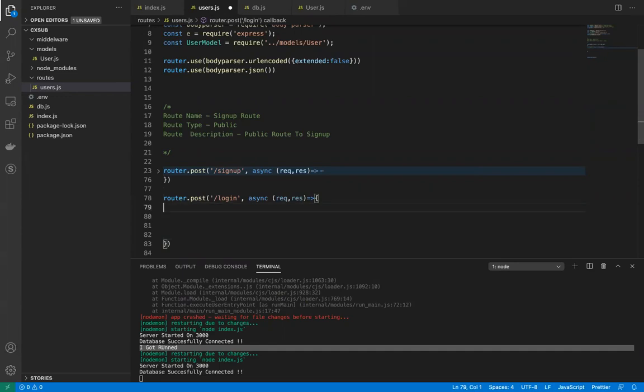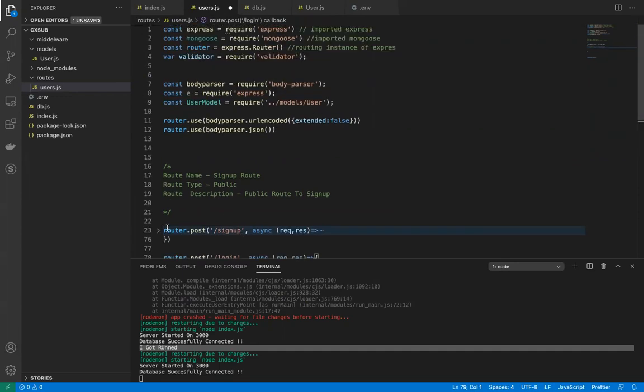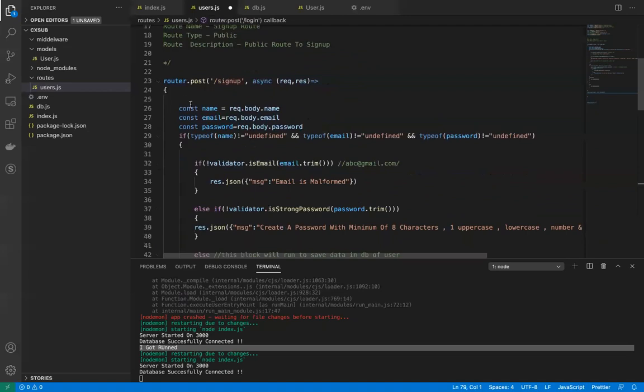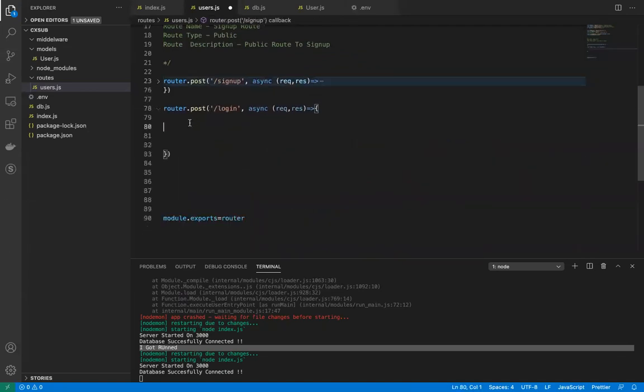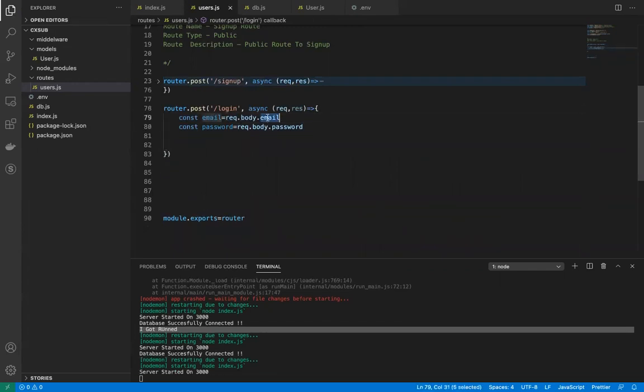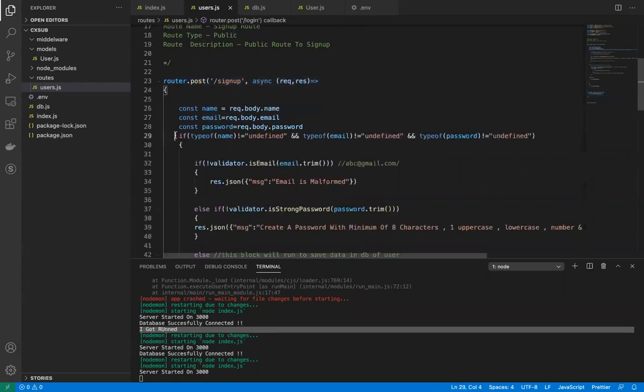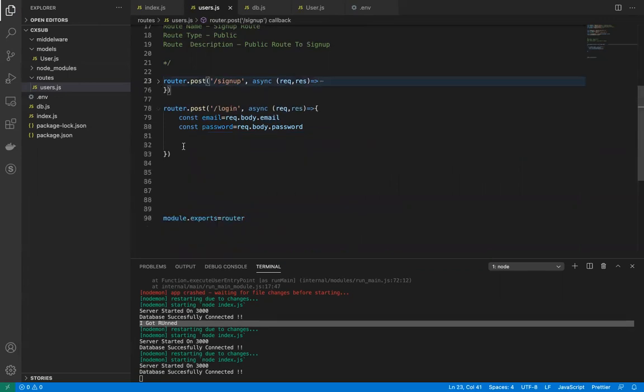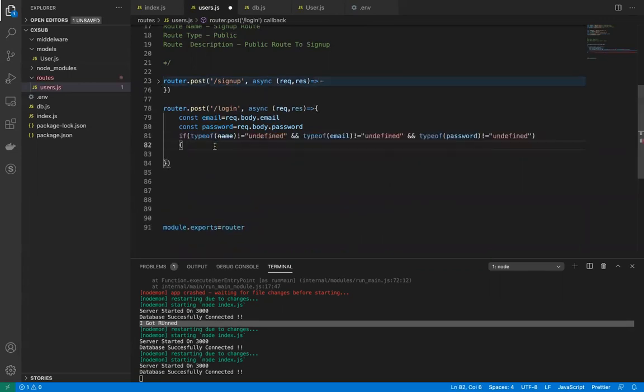Okay. So now we are actually parsing the body. So I will just go over there and just make it like this. We are actually having not a name parameter in the login request. We are actually fetching email and password. Then we are also checking they are not undefined or something. So let me do this, and yeah, so this is what we are doing.